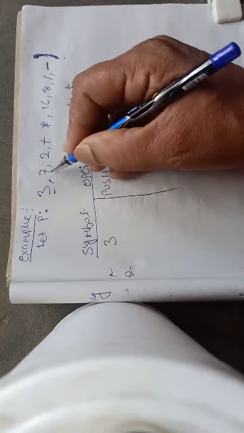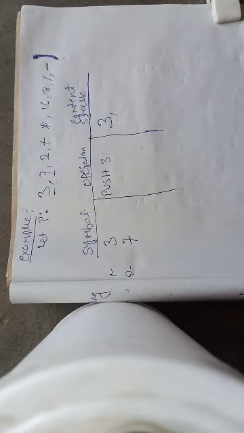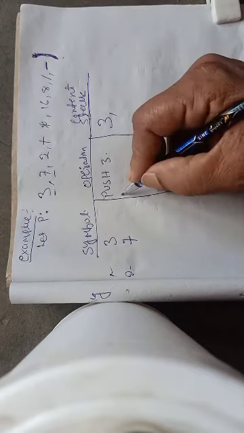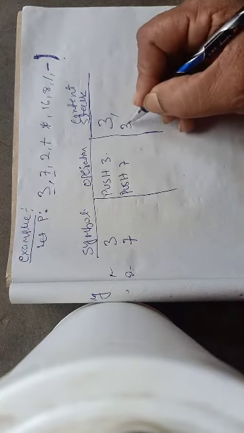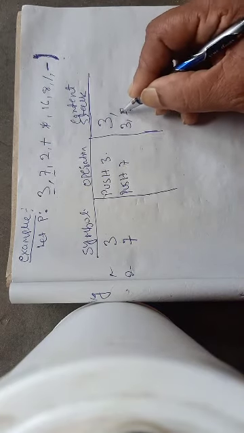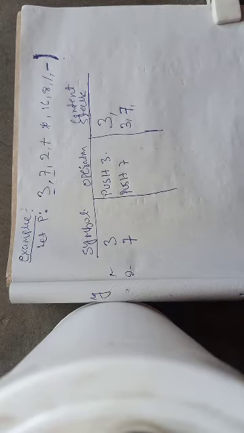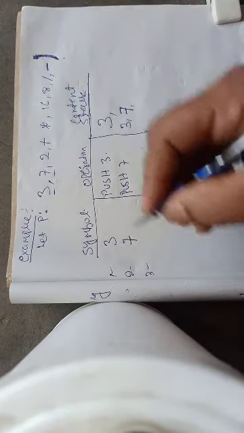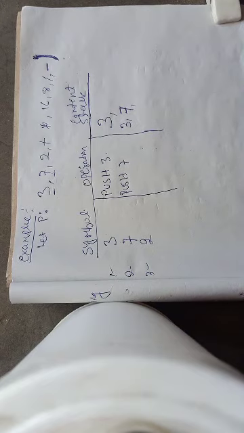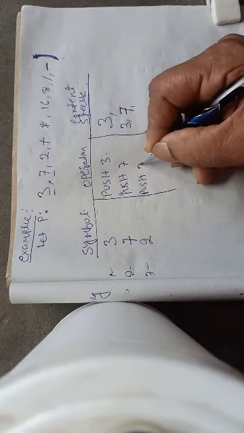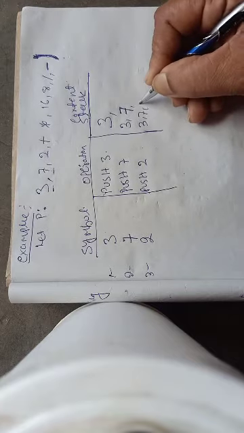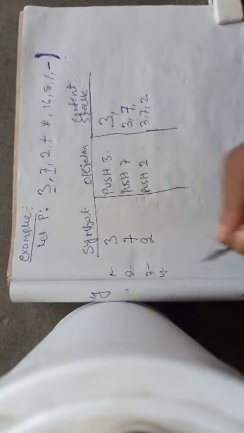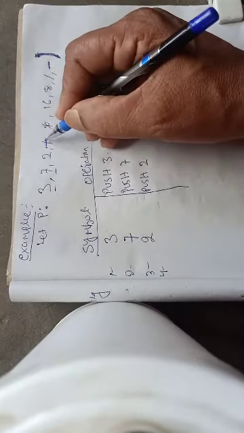Second step, scan the next symbol, that is 7. Again it is an operand, so the operation you perform is push 7. Now the stack is 3, 7, and 7 is at the top of the stack. Next data is 2. Again it is an operand, so push 2. What is the content of the stack? 3, 7, 2.